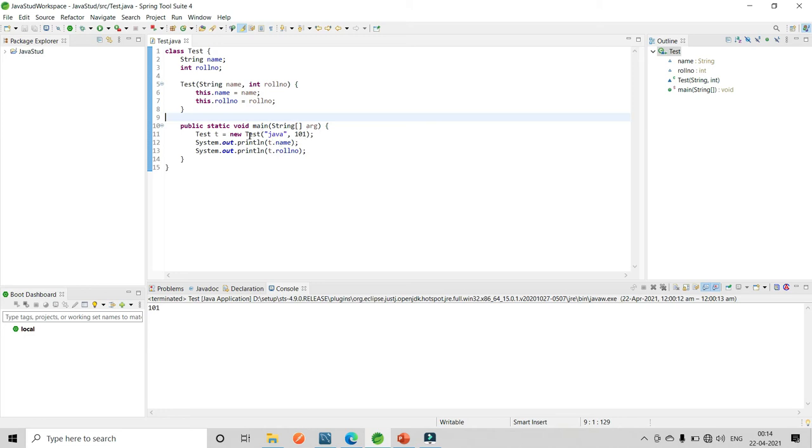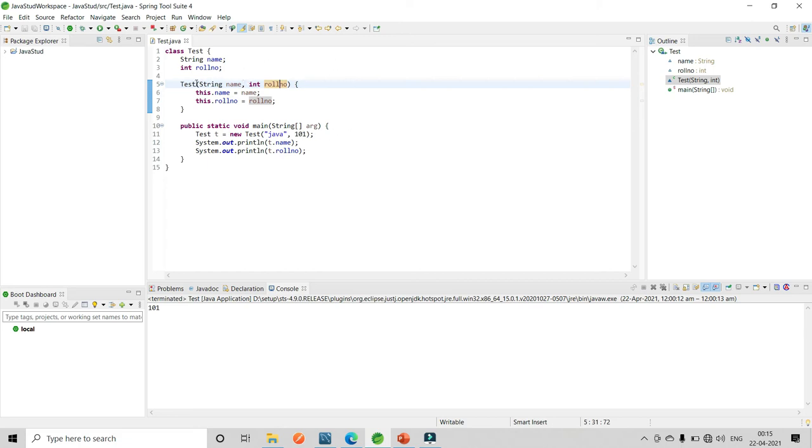In this constructor call, we pass two values, Java and 101. Because this constructor takes two values and we pass two values, it will call this constructor.